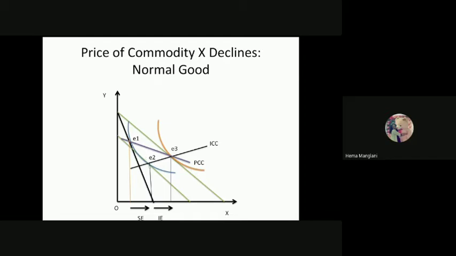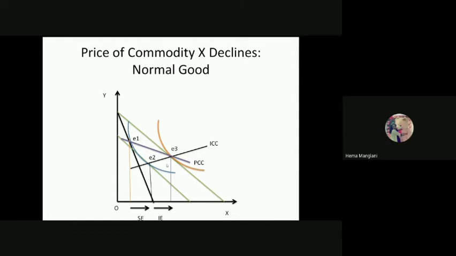Now, from this E2, the consumer would realize that because the price of X has declined, their real income is now increasing. So now they can consume more of X. That is why their real income is now more. And because of that effect, the consumer would like to shift to the higher indifference curve. So that orange one is just the effect of income. Fine. So E2 and E3, this gap is basically your income effect. It means going positive in the direction of the arrow.